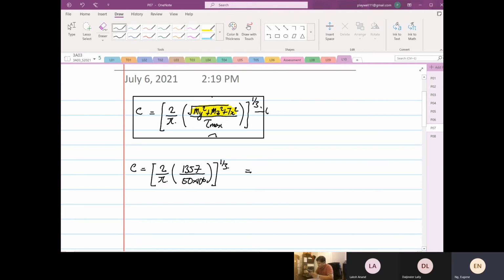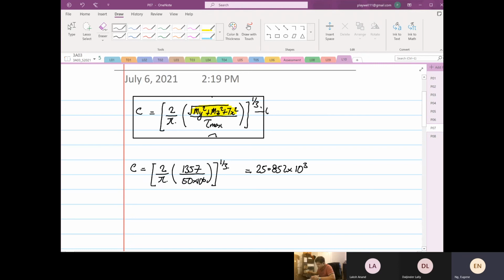Cube root of bracket 2 times 1357 divided by pi divided by 50 times 10 to the power 6 is equal to 25.852